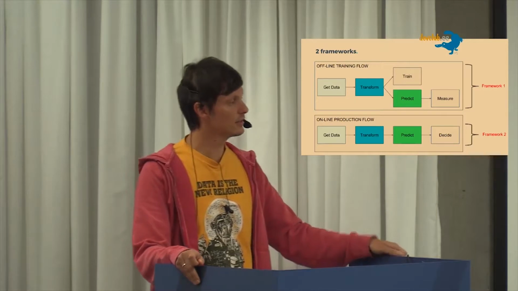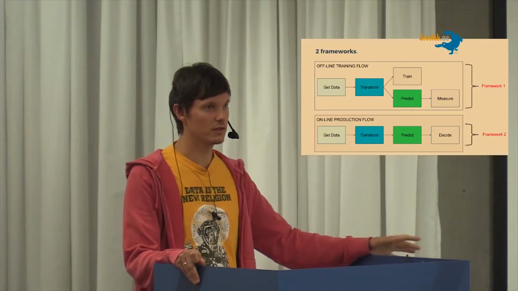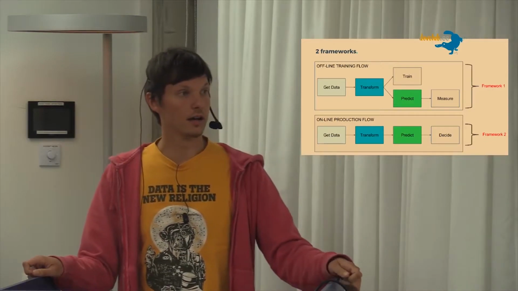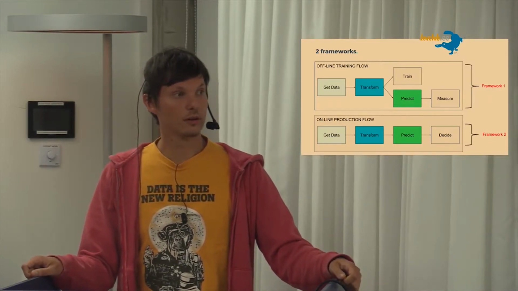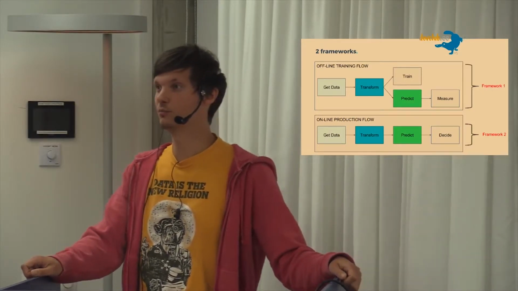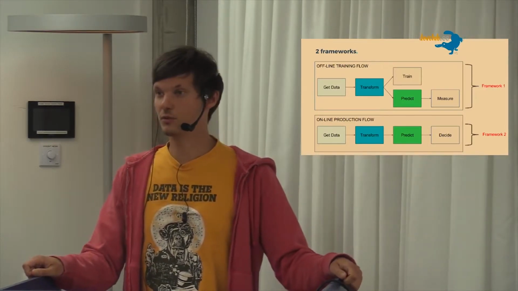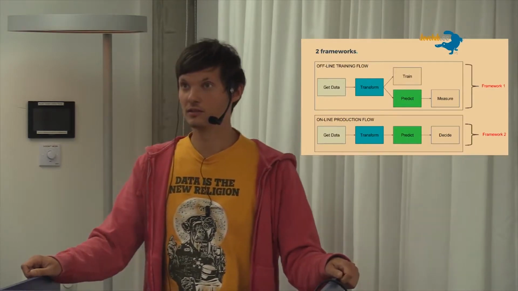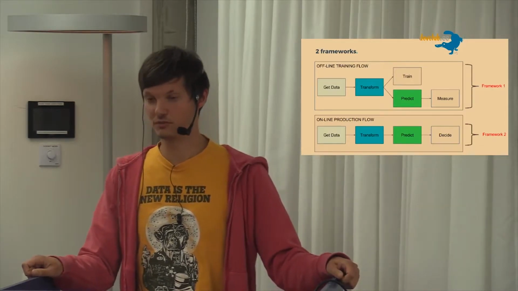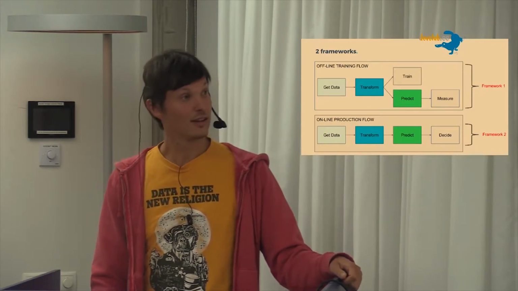And the third option, when you have training and testing happening in one framework and the prediction happening in another, is simple for the data scientist. He stays within the same framework, but it requires some effort from engineers, because when you deploy a model to production, you actually don't know what you deploy, because there is a completely different execution path happening in production, and you need some facilities to test models in production. This is the reference to the title of my presentation.